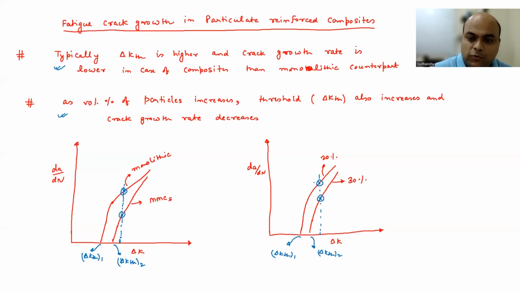Now why is this happening? If you see, delta KTH is going to be higher, right, in MMCs. And if you see the top part here, you can see that it is going towards the monolithic if you increase the delta K. So at lower delta K, you have much improvement in the fatigue behavior of MMCs, but at higher delta K, it is going towards monolithic, right? So what is happening? So at lower delta K, that is say near threshold,